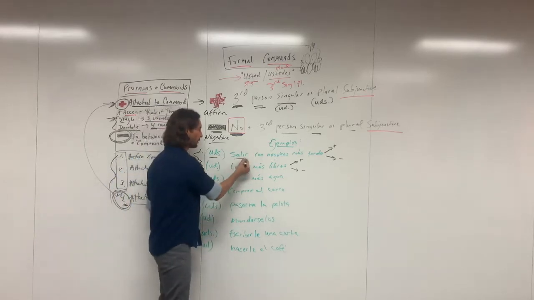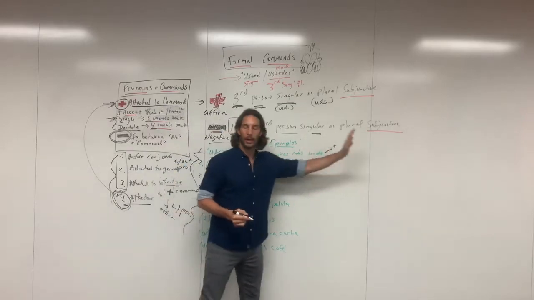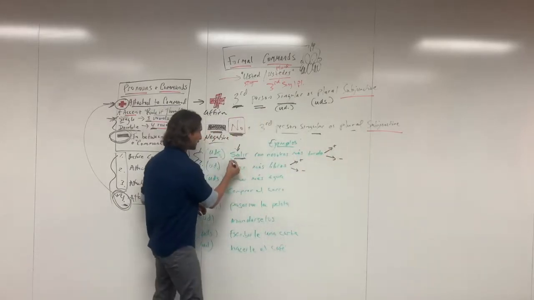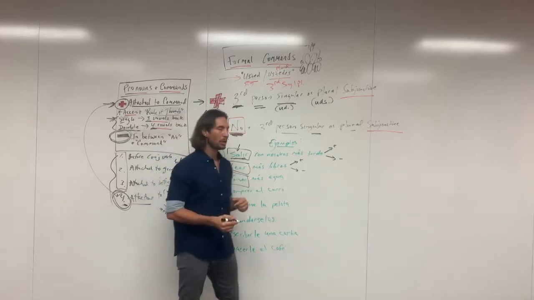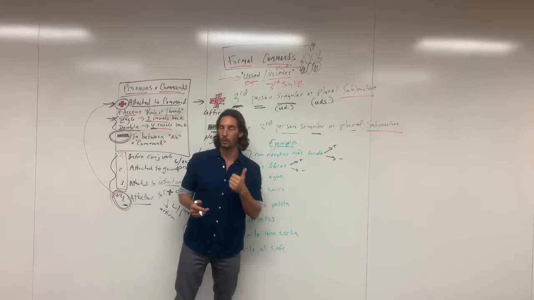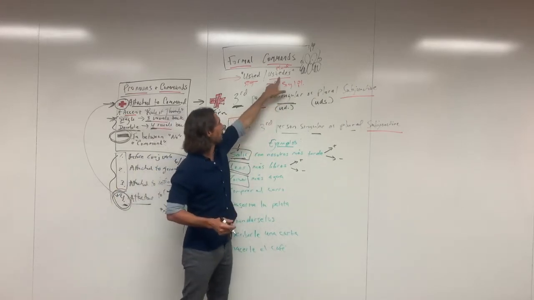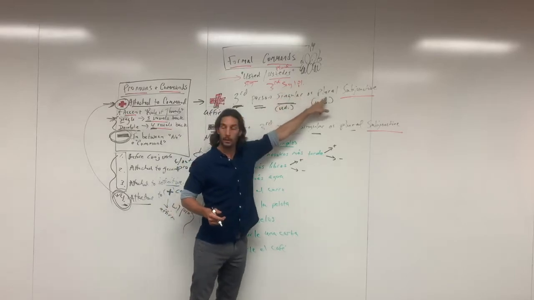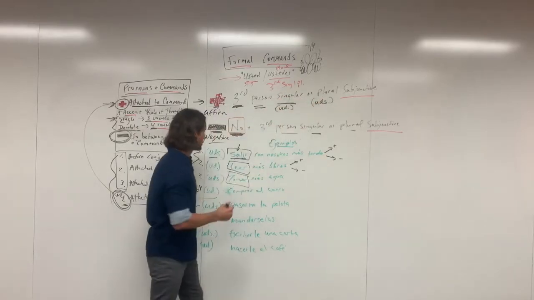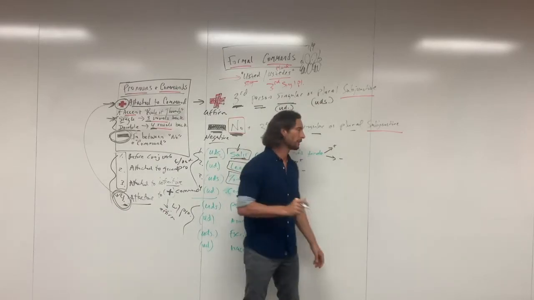For example, this is where the command would be. And so instead of writing all that out, I'm just going to focus on the verb itself, right? And so salir, we want to put salir in a command form for ustedes. That means we're dealing with third person plural, right? That's what we would be dealing with. And so third person plural for salir in the subjunctive would be